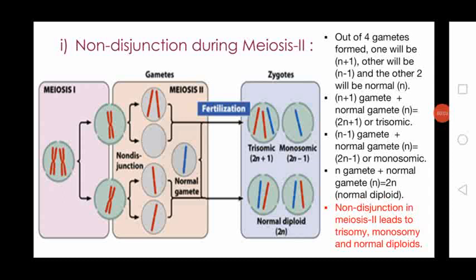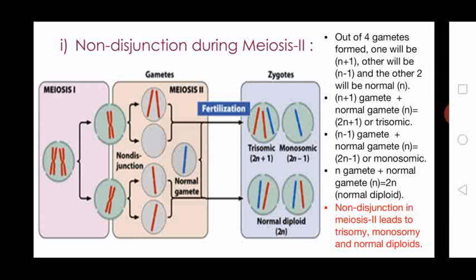Non-disjunction during meiosis 2. Here the first meiotic division is proper, and the precursor diploid cell produces two haploid daughter cells with normal chromosomal complement, and these primary gametocytes undergo second meiotic division and produce 4 haploid gametes. So here the non-disjunction process occurs during meiosis 2, and then the top primary gametocyte divides and produces 2 gametes, one carrying an extra chromosome, that is having n plus 1 chromosome complement,